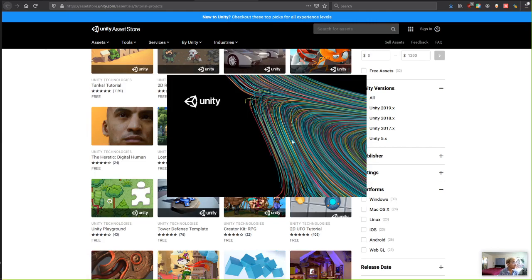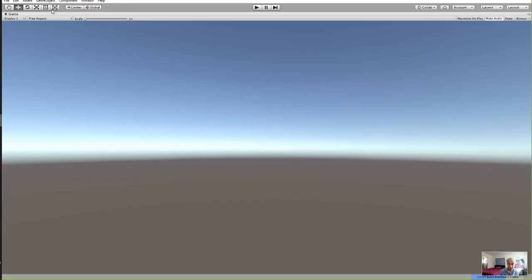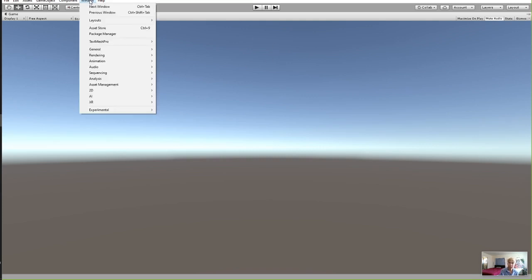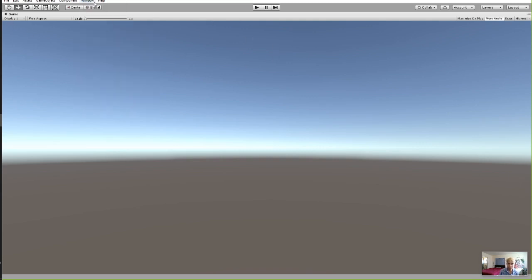This is something that's good to talk about, because the windows in Unity are all very movable. You can get yourself into trouble, and right now I can't see my interface. It's just the game screen, right? This is probably not what most of you are seeing. I can go in and unmaximize it, but if you ever think, oh no, my